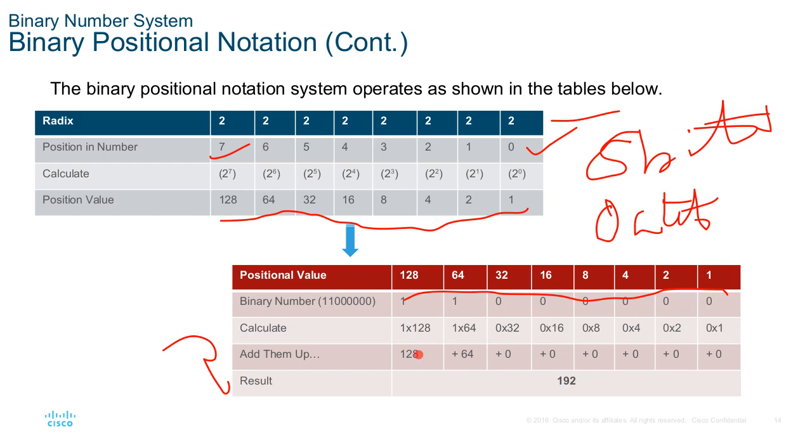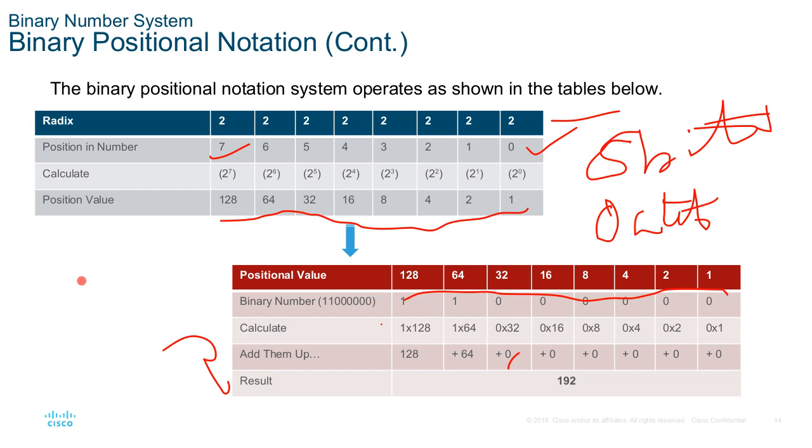So what was the result at position 7? 128. The result at position 6, 64. The result at position 5, 0. Why do we say that is 0? In the conversion procedure, which is expressed here, though not so well, what we normally do, if we're converting binary to decimal,